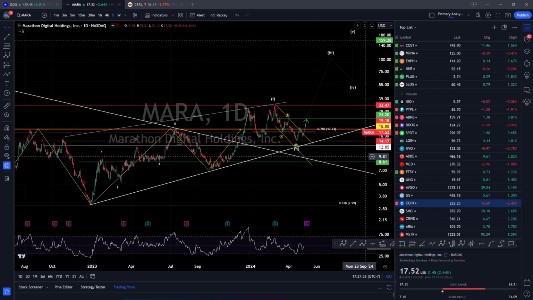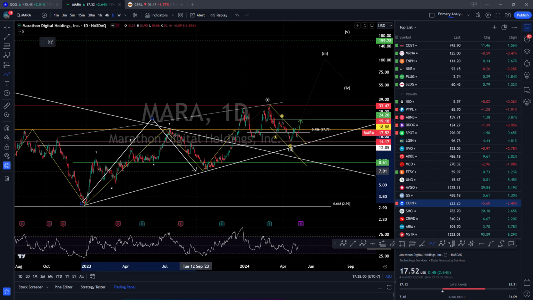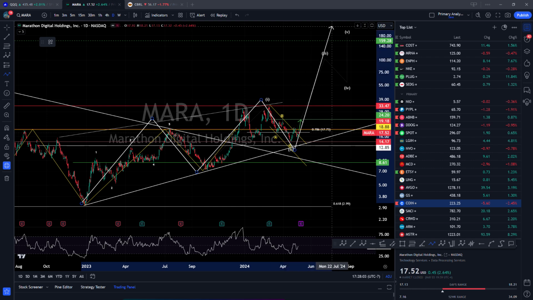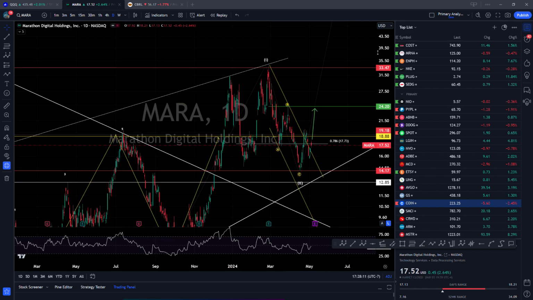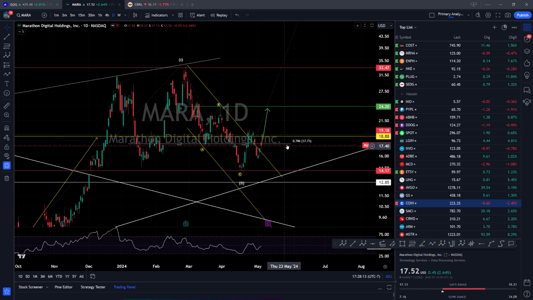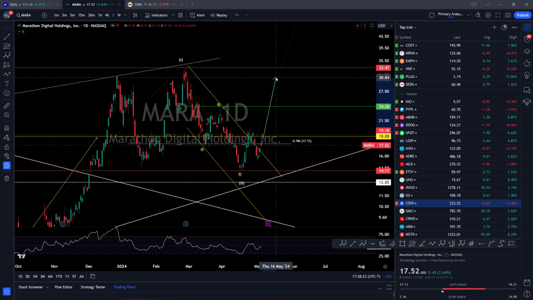I shared this chart that it is possible that we are doing a kind of 1-2-1-2 nesting here. But these are always very tricky nests. Whether it will go that high or not, I can't say yet. But for now, at least for short term trading, I think 24 is very realistic from 18 here, and we'll see how it progresses along with other things, right? So 24 is the realistic target. If it breaks that, we're probably looking at going to 30, 31, and 33, which we tested before.